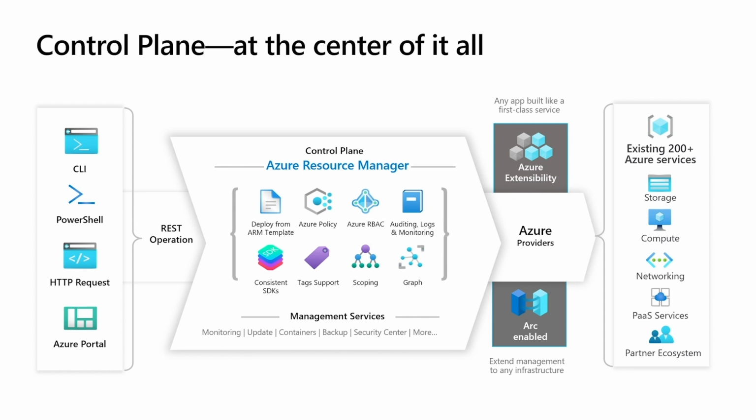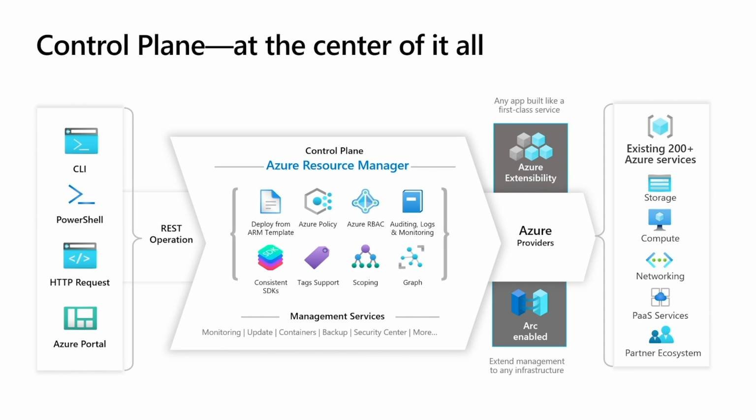Now, the key to achieving the governance objective is a component in Azure called Azure Resource Manager, or ARM. ARM, being the Azure control plane, makes it possible to control a cloud environment because it is the front door for all control plane requests to Azure. So this allows it to act as a gatekeeper for you and help you track and index all of your resources and their control plane activities.